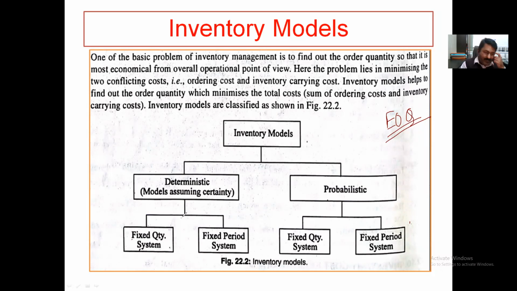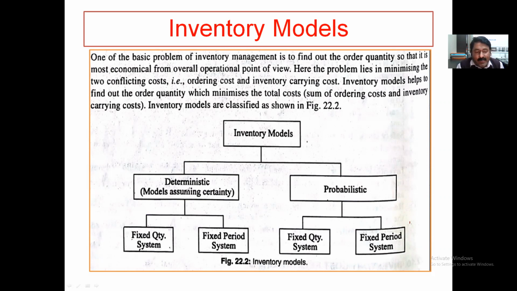So one is deterministic and one is probabilistic. There are two different approaches. We will discuss the models just for your introduction, and I will give glimpses of them. Deterministic is based on some forecasting. We have discussed in chapter number 2 what is demand, what is forecast, and by using which method. So deterministic is based on any of the forecasting methods, by assuming certainty in the model, the EOQ is predicted.